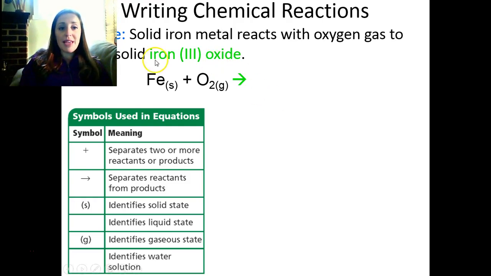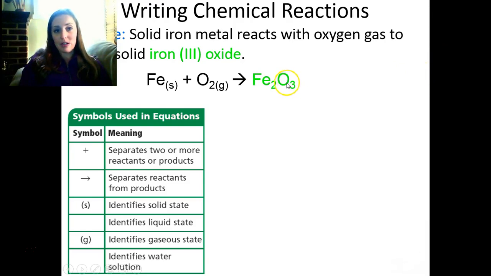The next thing we have is iron 3 oxide. You know this 3 in Roman numerals refers to the charge on iron. So iron, Fe, has a 3+. Oxide is oxygen with a -2 charge. When you balance those charges so it equals no charge, you're going to have Fe2O3. 2 iron ions with 3 oxygen ions to balance out. This is a solid, so we're going to add that S that we've already seen. So here's our balanced chemical equation, and there's a couple things that we didn't use in this equation, so let's